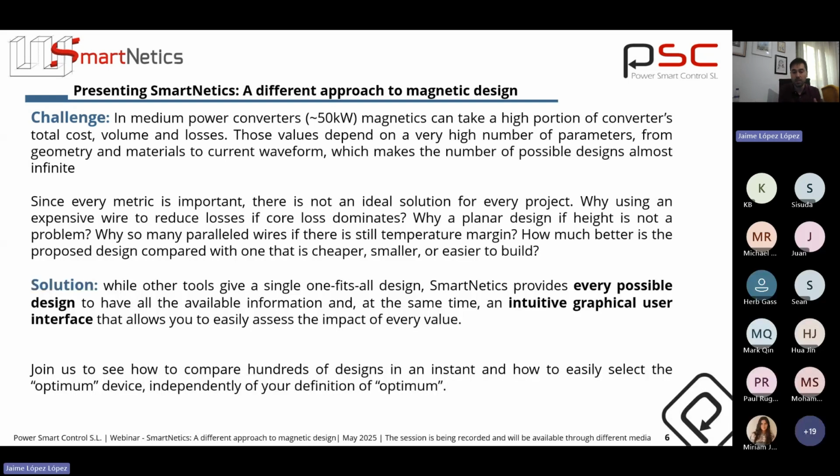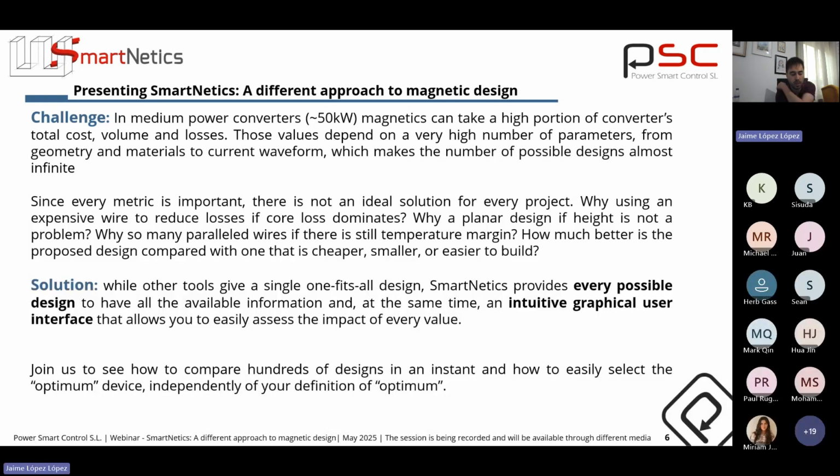Obviously, there are many possible combinations of parameters that provide a valid result. So on top of that, we created a very, we think, intuitive user interface to allow the user to select the optimum design.